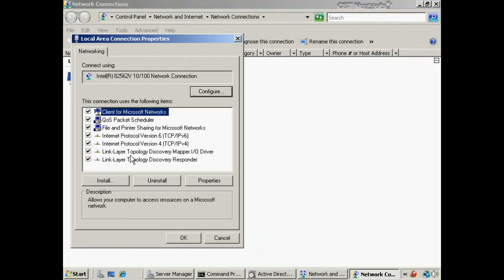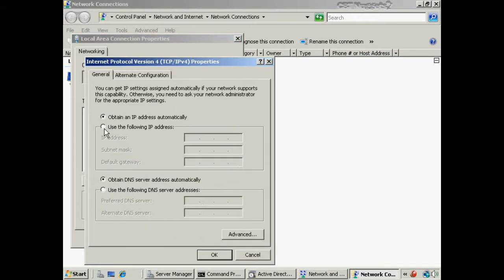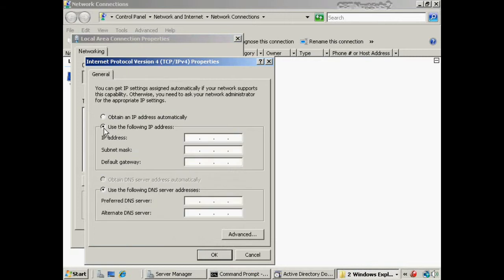And then what I'll do is we've got two different versions of IP, IPv6 and IPv4. For our current purposes, I'm just going to disable 6 because we're not going to really necessarily use its capabilities here, and it'll make it easier to assign a static address to version 4. But version 6 is simply an expanded version of IP, which gives me substantially more IP addresses that I could use. And so here I'm going to enter in a static IP address of, how about